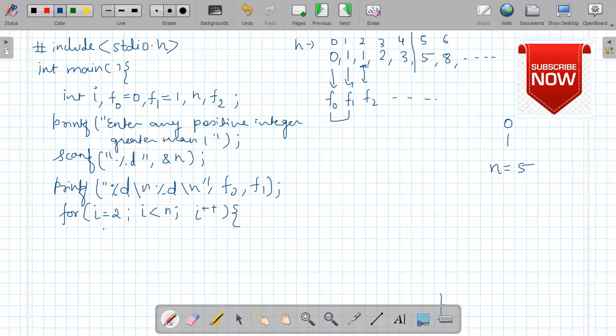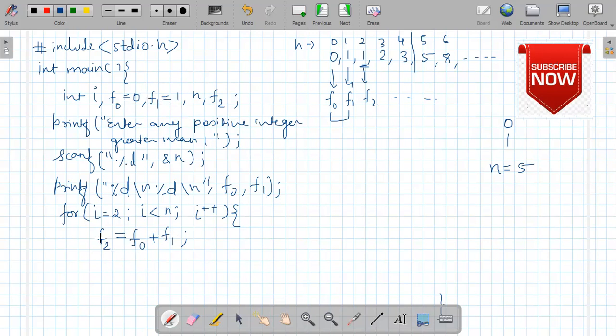In this for loop, we calculate the value of the third integer using the formula f2 is equal to f0 plus f1. So the value of f2 when this line is executed will be 1, because f0 is 0 and f1 is 1, that is given here.